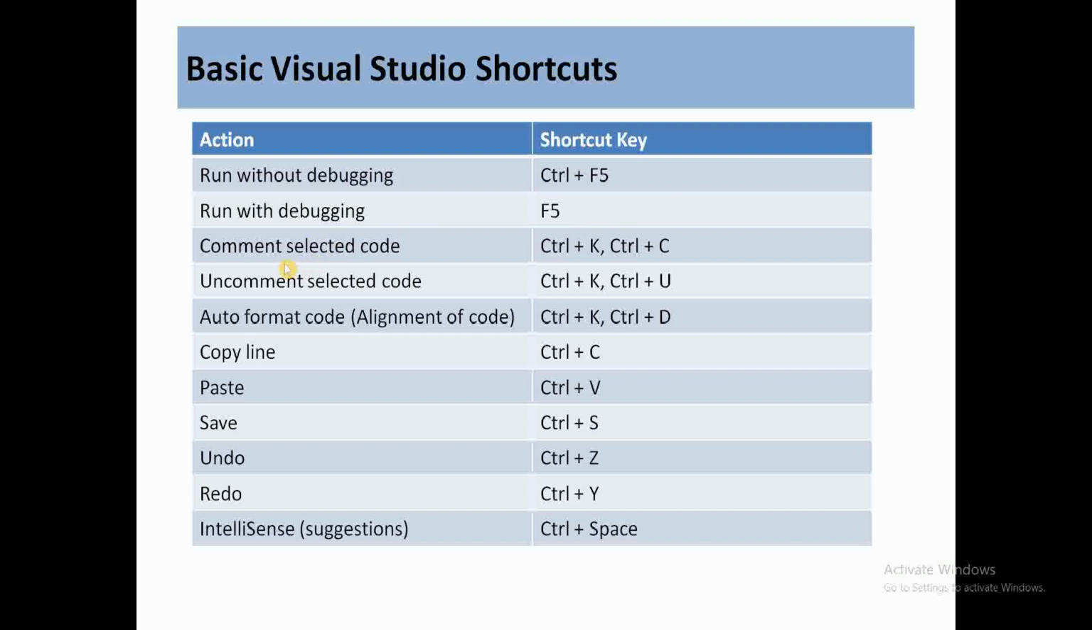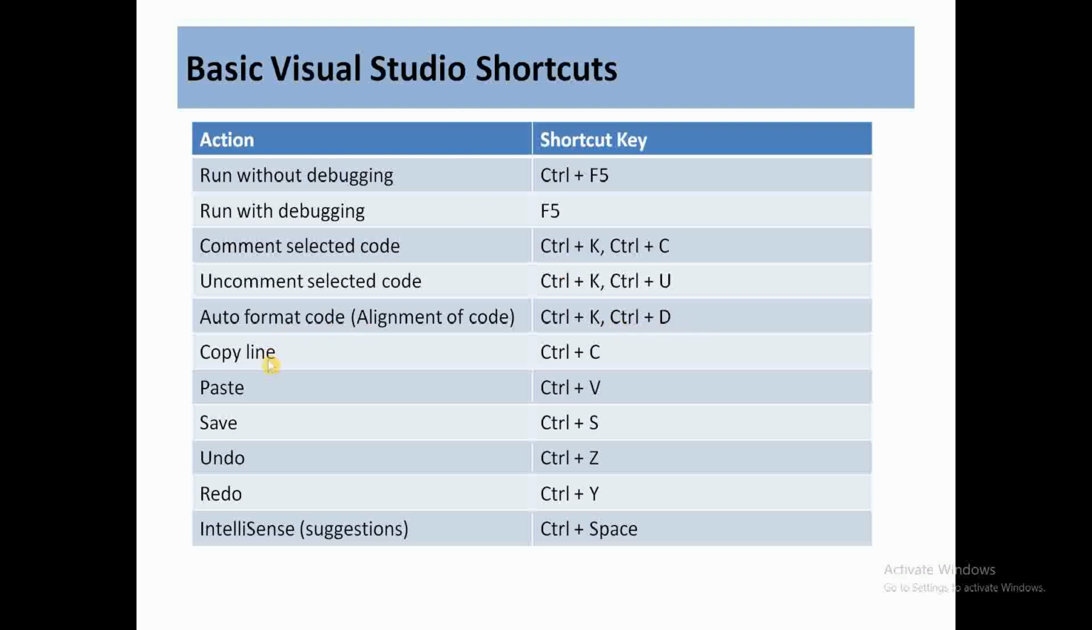If we want to comment selected code, then we can use Control plus K, Control plus C, or if we want to uncomment that selected code, then we can use Control plus K or Control plus U. Or if we want to set the alignment of the code, suppose there are alignment issues, like there is some unnecessary space in some variables or console methods, then we can set it with Control plus K, Control